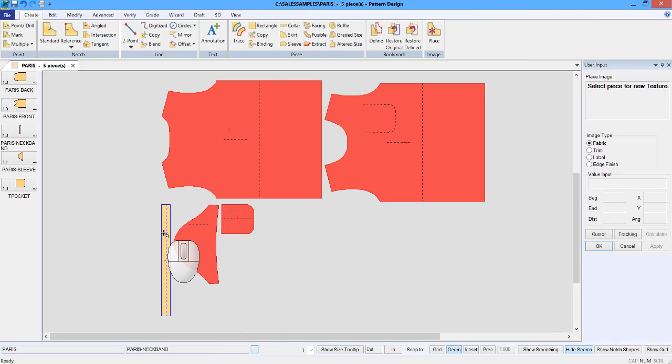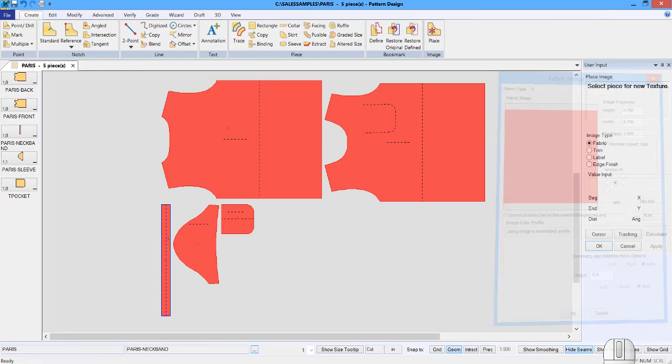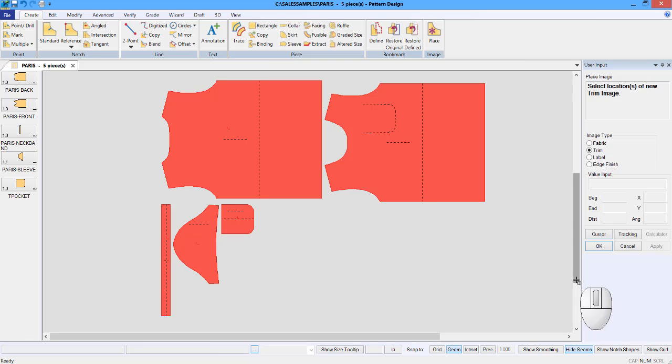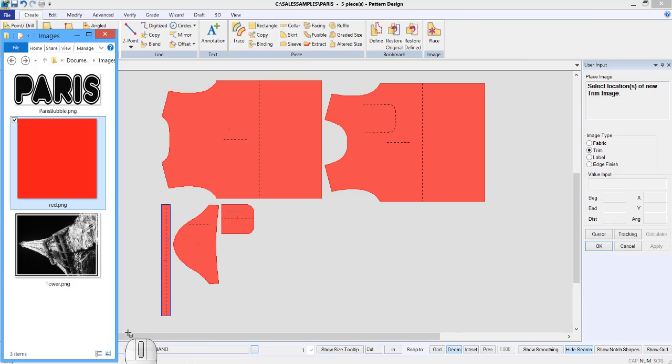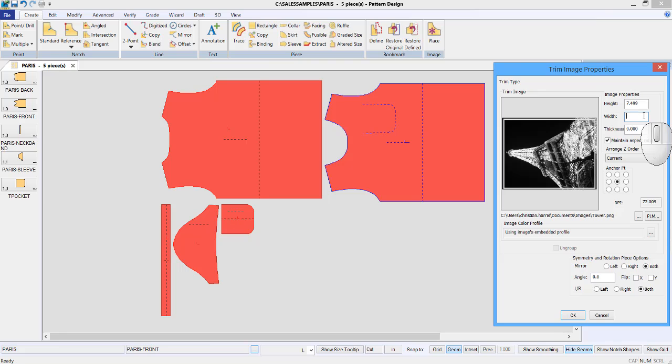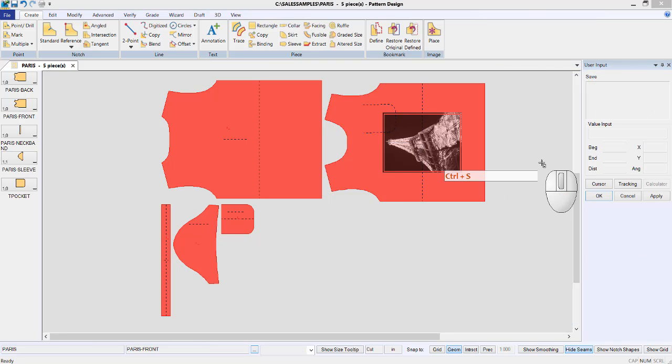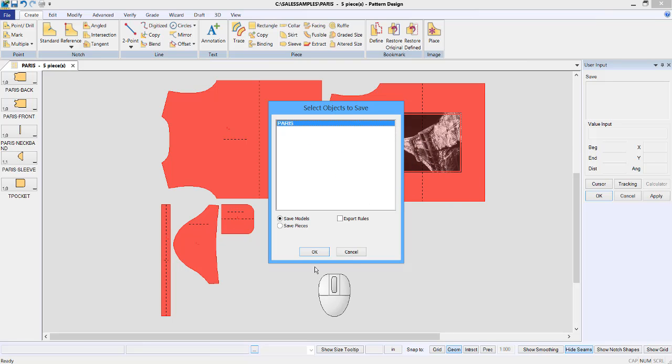So for this example where I have another fabric code, for my neck binding, I'm going to have to apply the color that I want there as well. In this case, it's going to be the same color. For trim images, I'm going to make sure I have trim image selected. And then I'm going to drag my Eiffel Tower right over here. This time I am going to make an adjustment to the size of the image. Super. Then once I save,